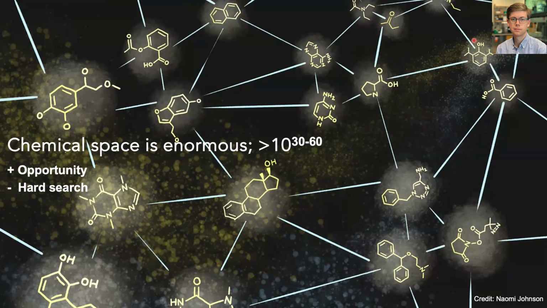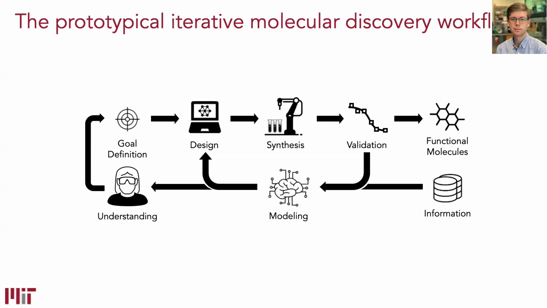And so, of course, we have to think about ways to accelerate the process. And so I see this enormity as both an opportunity, because in principle, there exist chemicals within this space that achieve such a broad range of functions that are useful for medicines and more. But of course, it's a hard search problem. So it's a search problem that we tend to approach with this classic iterative workflow, right? We don't think that we can anticipate exactly what molecule to make without some experimental testing, some iterative feedback.